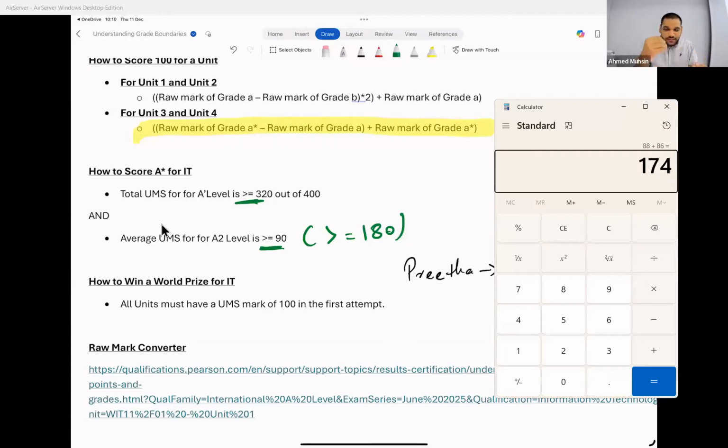So the best effort you can give right now is do your past papers. Compare your answer with the marking scheme. Every time your answer is not matching the marking scheme, ask yourself why. What has the examiner said that I have not said? Why has the examiner said this? Try to understand the examiner. Everybody okay with this? This is entirely in your control. Like I told you, we are not talking about A's. We're talking about A stars and world prizes and scoring hundreds, because that's not difficult.